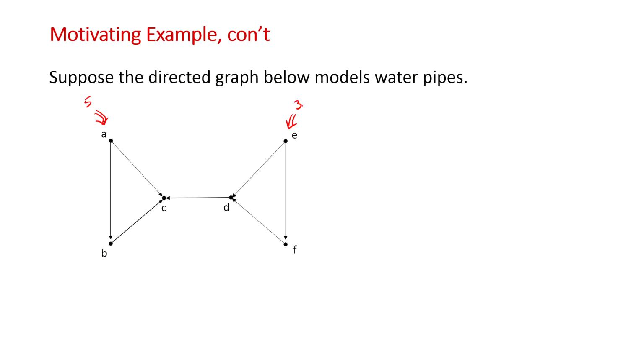Maybe those 5 units are something like 5 gallons. Maybe those 5 units are something bigger like 5 million gallons, depending on your scale here. We won't focus on the units. We'll just put that this is 5 units, and then at E, we'll go ahead and push 3 units of water into the system. So here, when we get at vertex A, once the 5 units are entering the system,